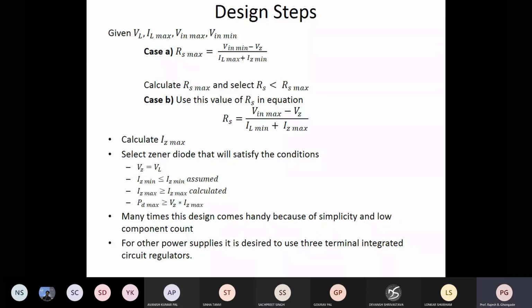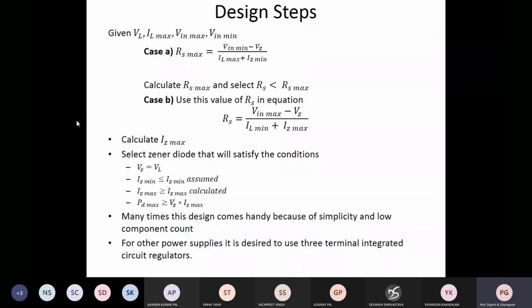Hello. Yes, sir. Okay. Now, don't underestimate this linear power supply design. You'll be really surprised to know that there is no specific method given anywhere. Whereas with so many years of my experience, I have devised a method of designing a linear power supply, and I would like to share it with you. So this is going to be a unique thing.